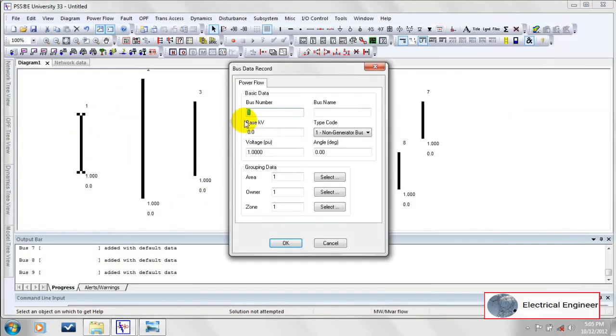Double click on the bus to open the dialog box and add the data as per given in SLD.